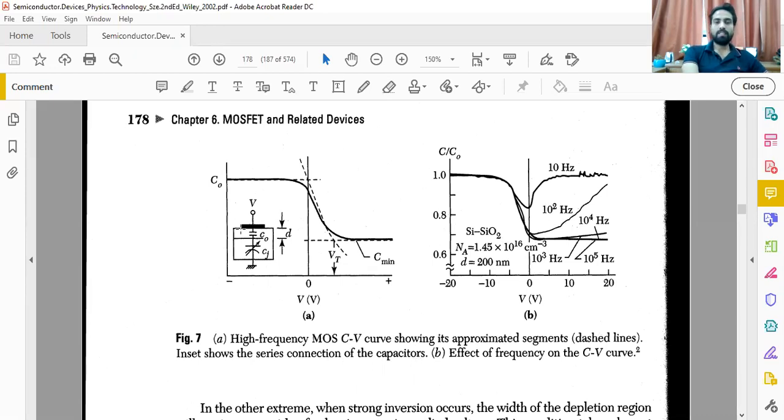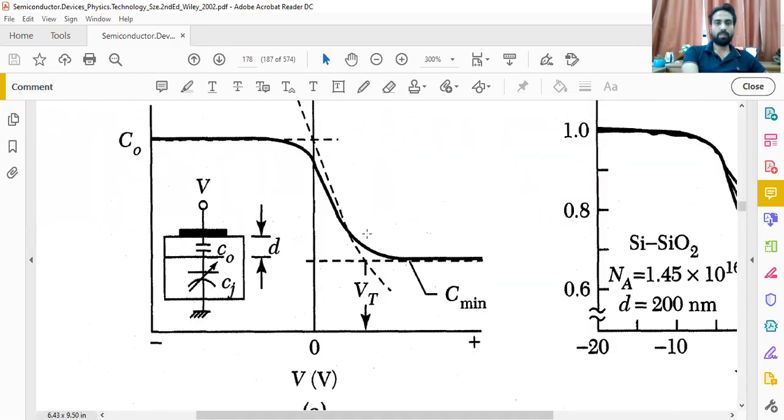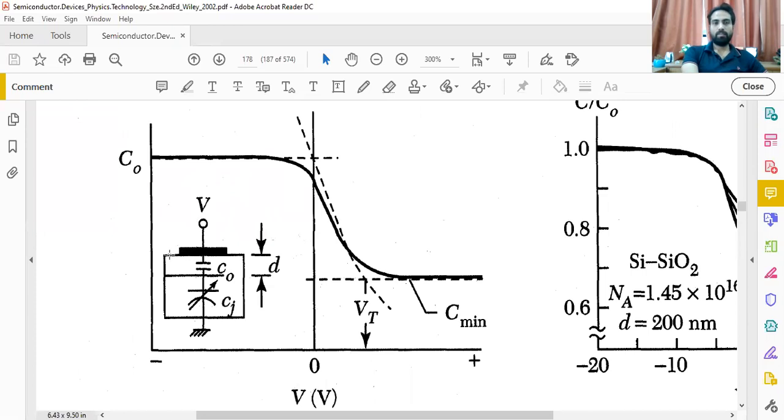See here, this is internally the diagram. I'm just zooming it for you. This is a simple diagram. This is your MOS diode, and in this MOS diode, you are applying this voltage V here. It is ground connected. Within this substrate or semiconductor material, you may have electrons, you may have holes. So that may create their junctions, and at that junction, it may have a Cj.